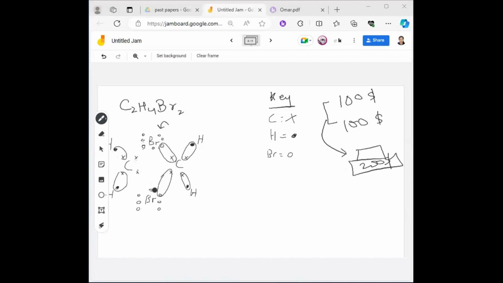Wait a minute. The compound's formula is C2H4Br2. If you combine it with this bromine like that, then this compound is formed and this carbon is not even combined with something, right? Okay. So what you'll do is